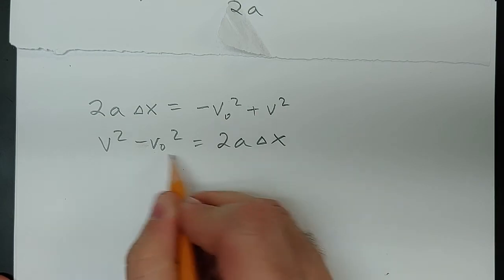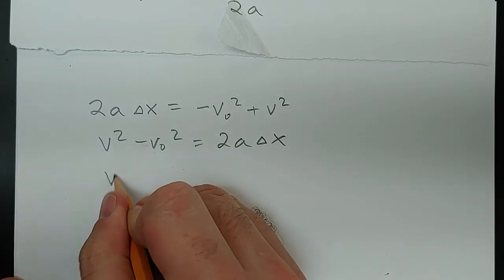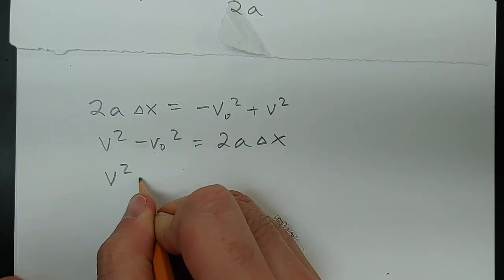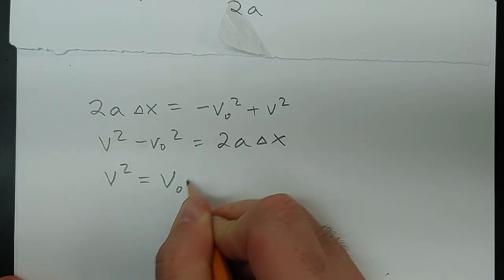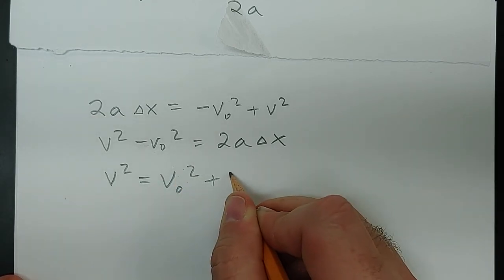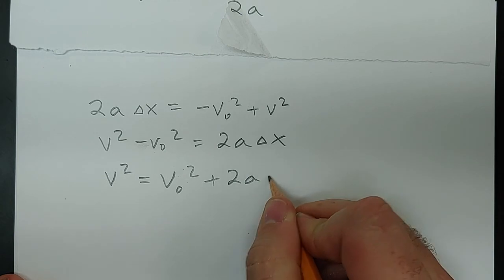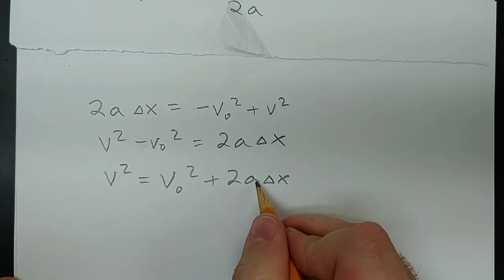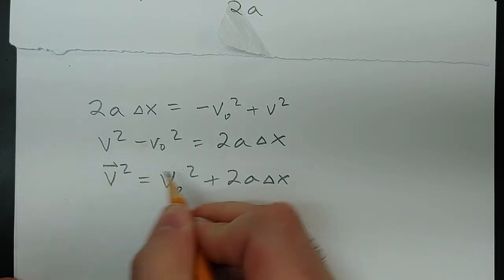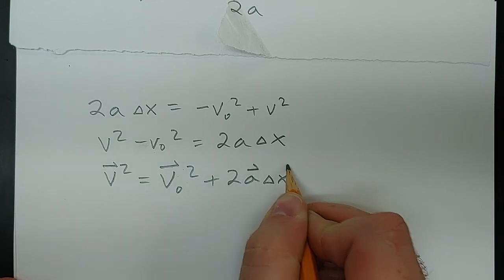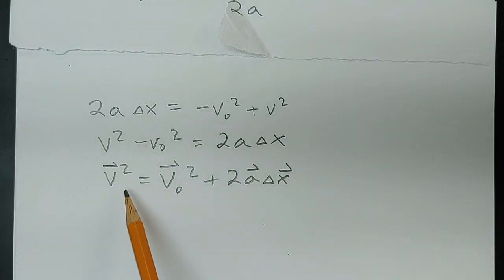And then if we bring this term over to the other side, we can get V squared equals V naught squared plus 2 times a times delta x. And so I'll put my vector signs back in here. What this equation is telling us is that the final velocity squared